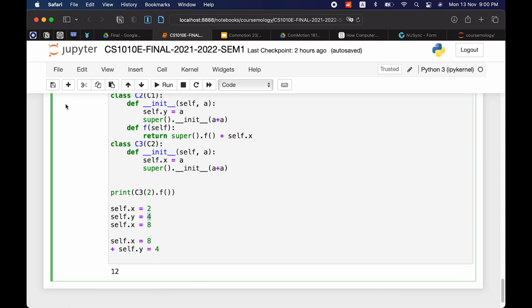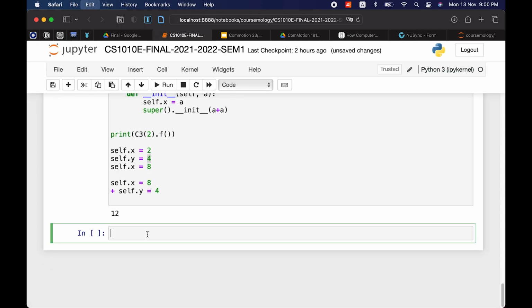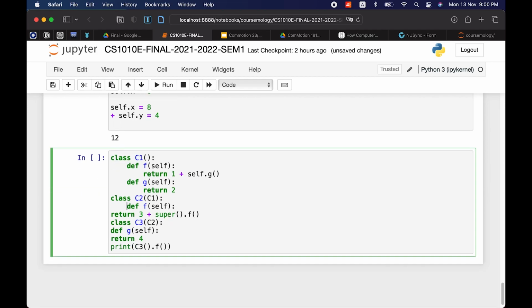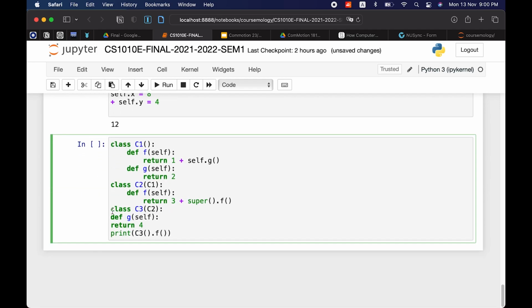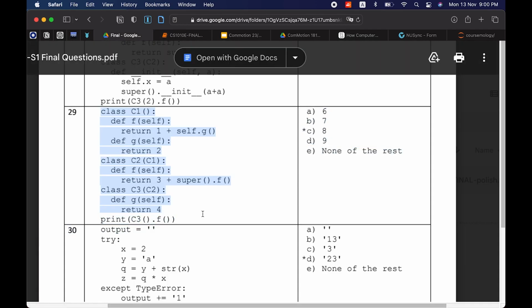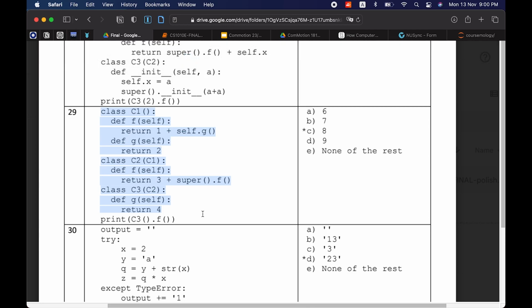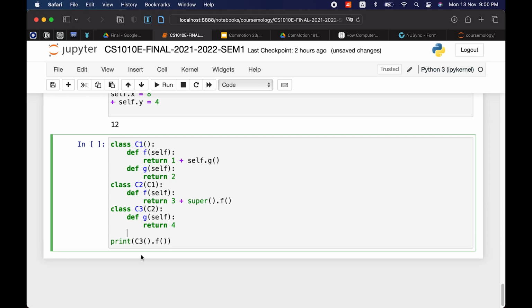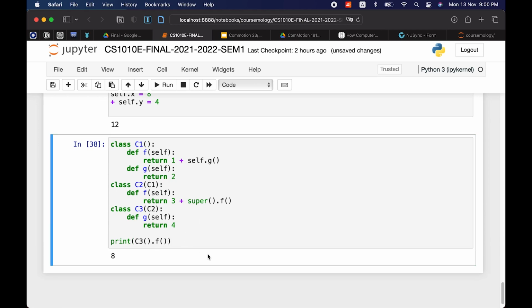Similar to this class question that we just did. Yeah, just in general, when you do these questions, you should just try to write out everything as clearly as possible for your own sake. And yeah. Okay, so the answer should be 8.